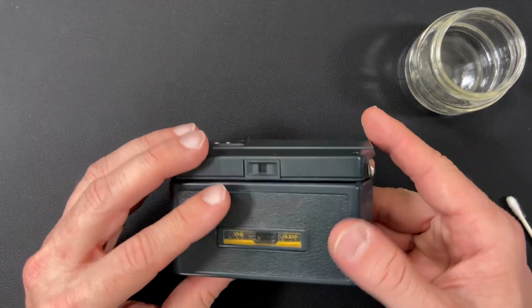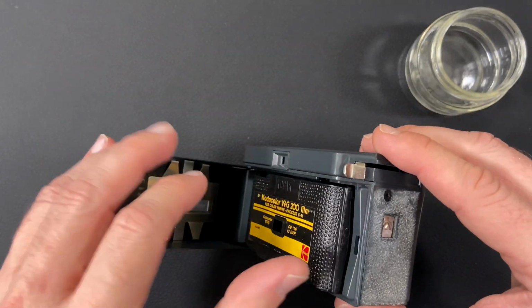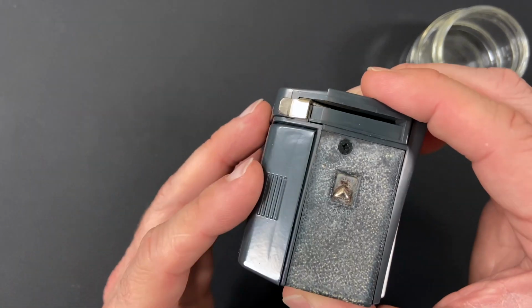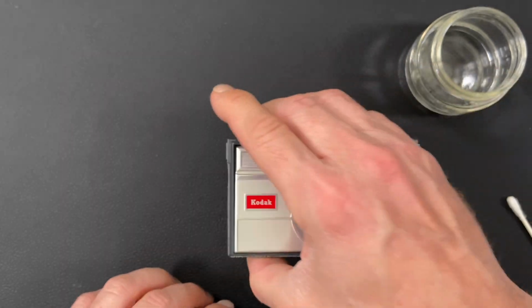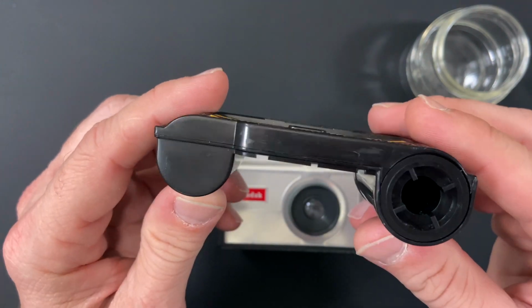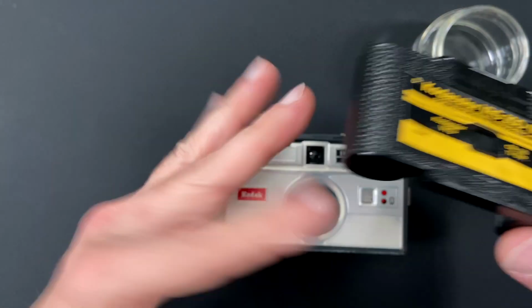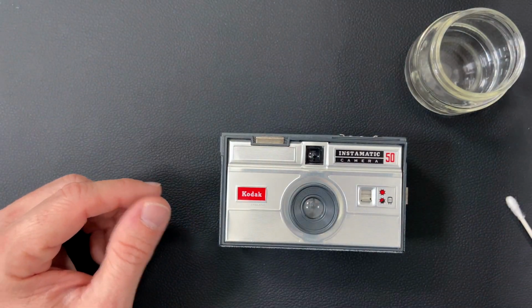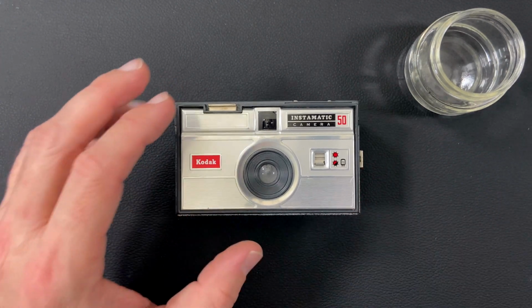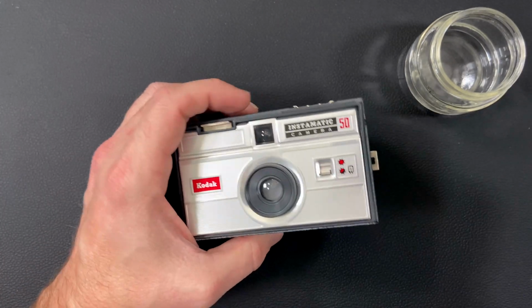Kodak. It's good to go. Most of these cameras, you'll notice, don't have any kind of light seal, and the housing can be a little loose, and that's based solely on the design of the film cartridge. So this was meant to make the lightproof seal, so you didn't have to worry about that. Made the camera a little bit less expensive. It has a 43mm f11 lens, and the first thing I'm going to do is